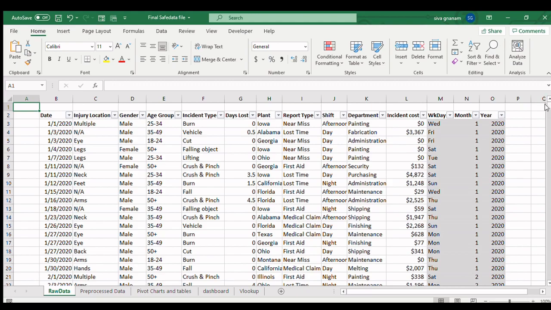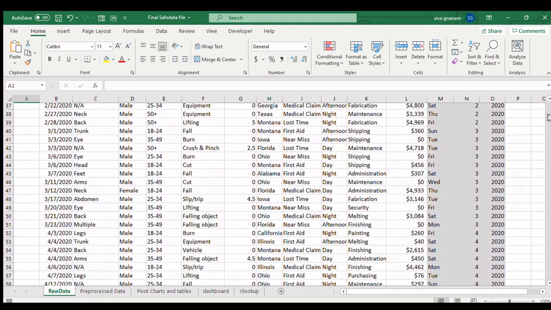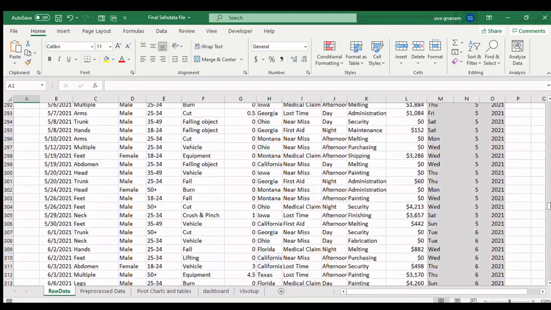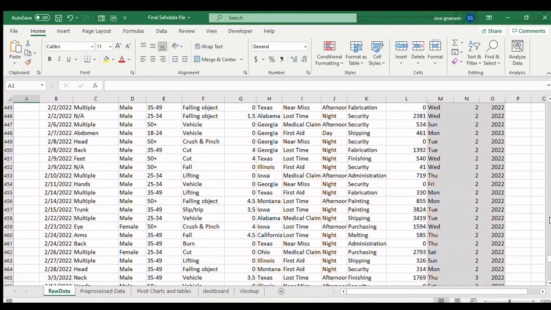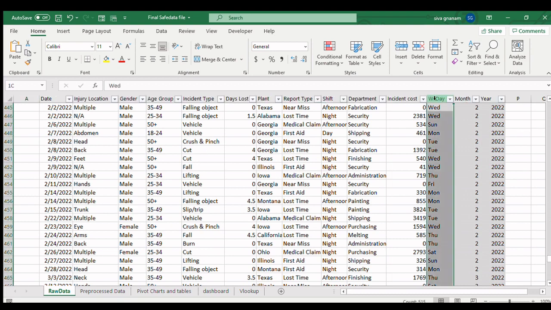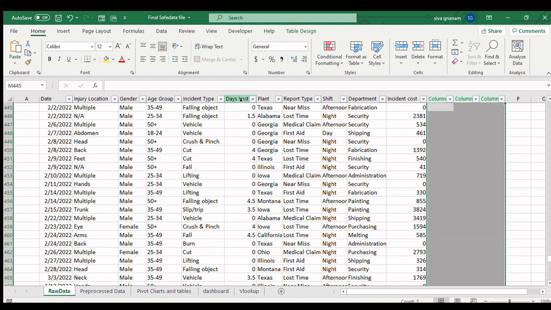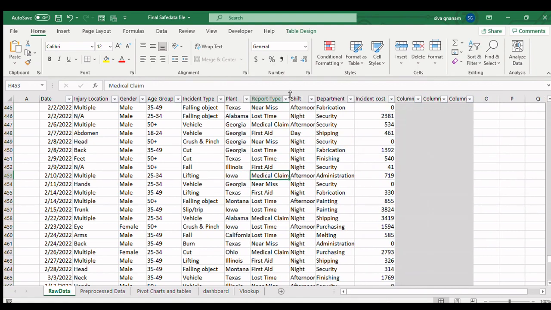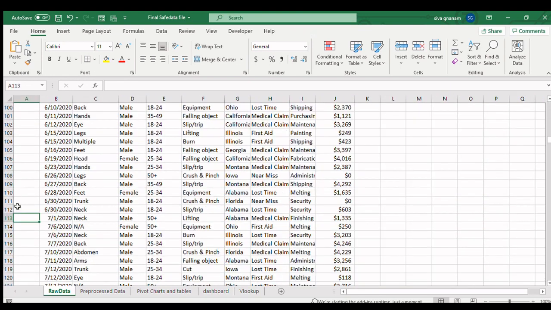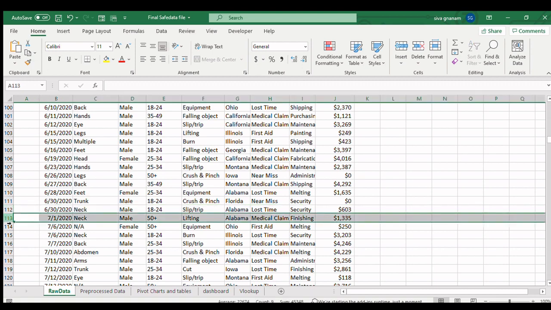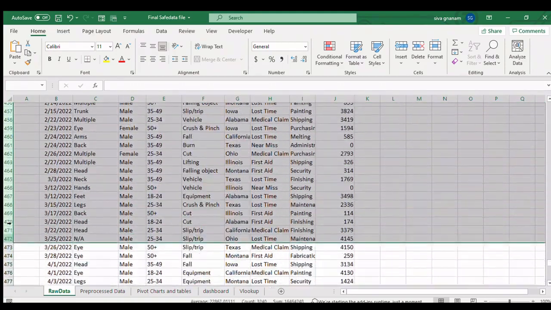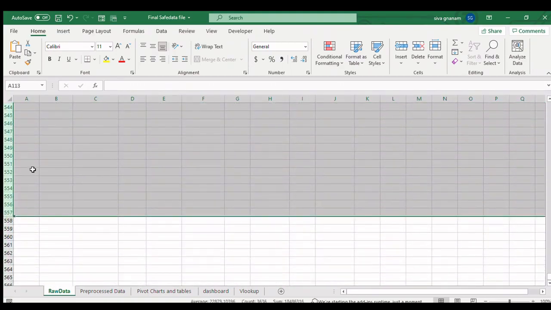We are going to pre-process this data set. This data set has 15 rows and 500 plus columns. The last three columns were excluded because the data content need not be repeated, and unnecessary data like days lost and shift were excluded from the Excel sheet. And we are selecting the last 6 months of data, from 1st January 2020 till 30th June 2020. So totally we are having 110 rows, and we are deleting some of the unwanted remaining rows in our